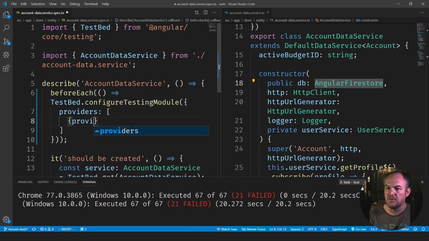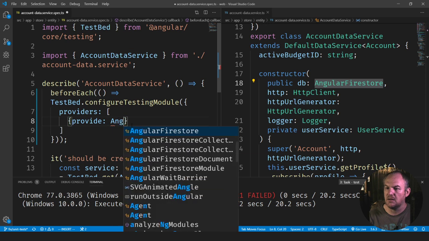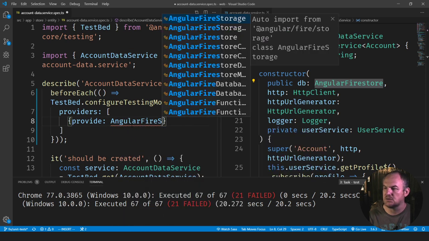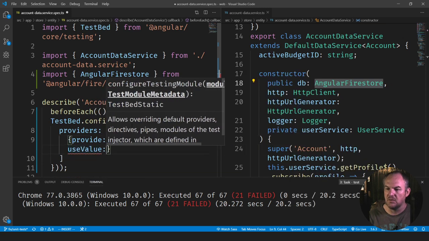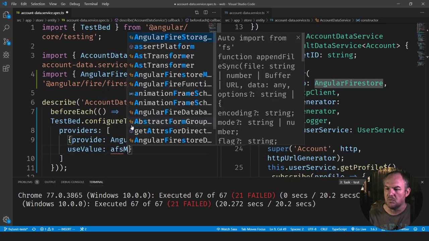So we're gonna say provide Angular Firestore, but we're gonna say use value Angular Firestore mock,